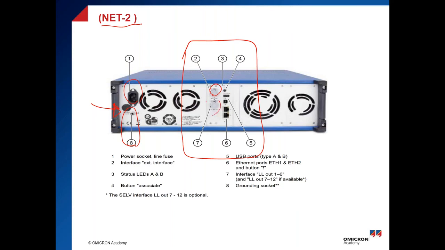Then point number 7 here is the low level output, which can be used for many applications. One of the applications: if you would like to get higher current amplitude, you can connect it to an external amplifier called CMS to get higher current. In some applications you need it. Another application: you can connect it to an accessory to test